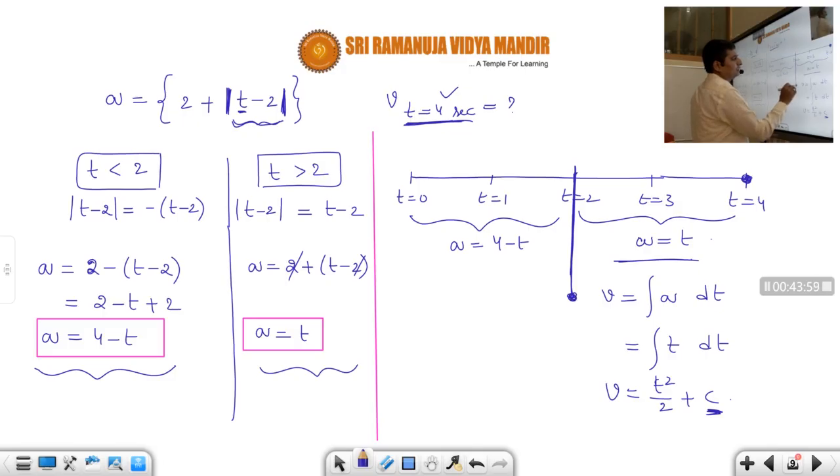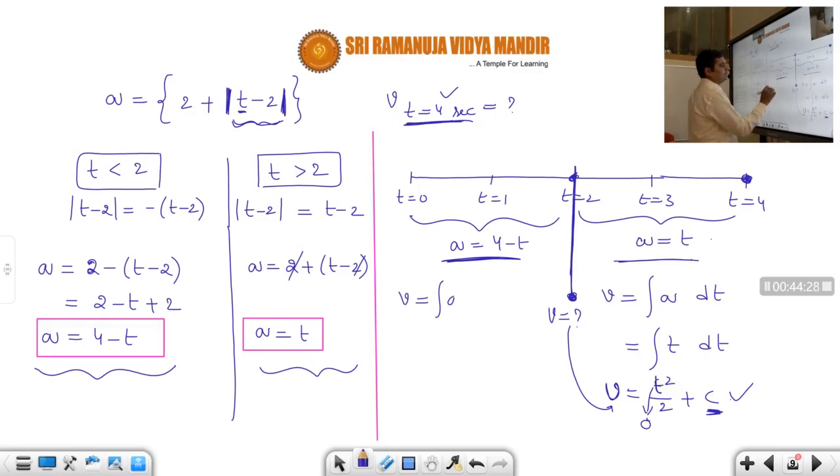So at this point, if you can know what is the value of velocity, that value if you substitute here, and t as 0, and then substitute this value of v at this point, then you will get the value of c. Okay. Now to get this value of v, you have to integrate this one, because this is the acceleration equation a equal to 4 minus t until t equal to 2, students. So therefore you can calculate velocity.